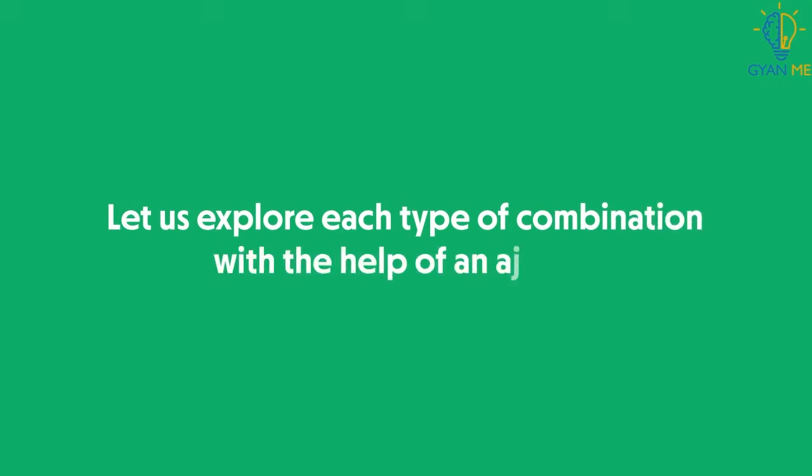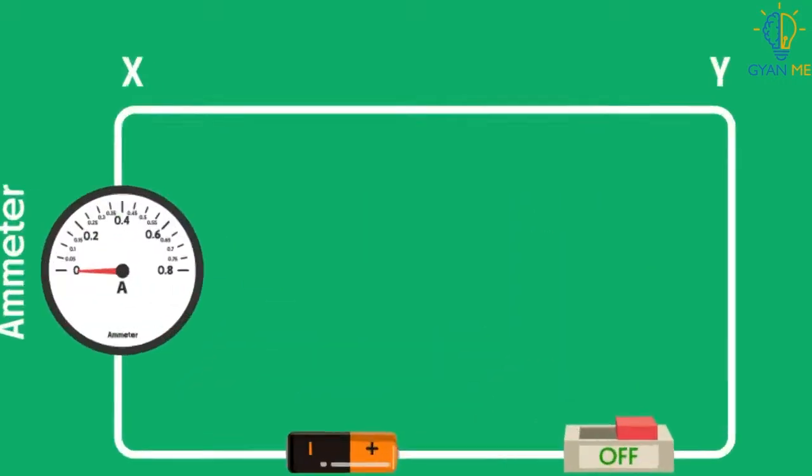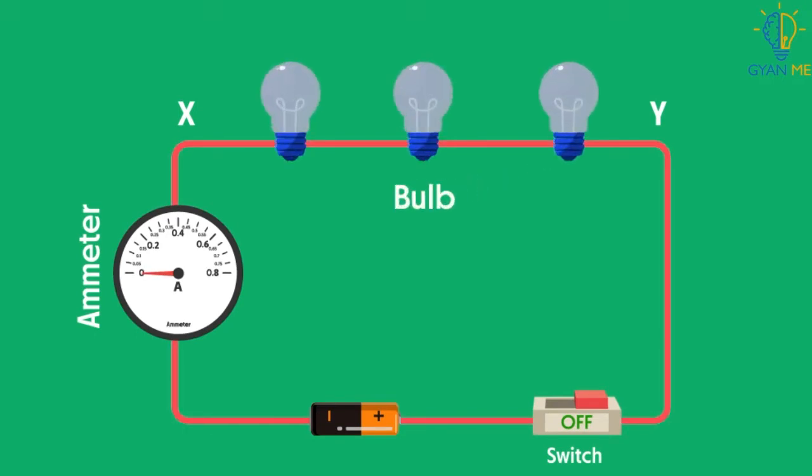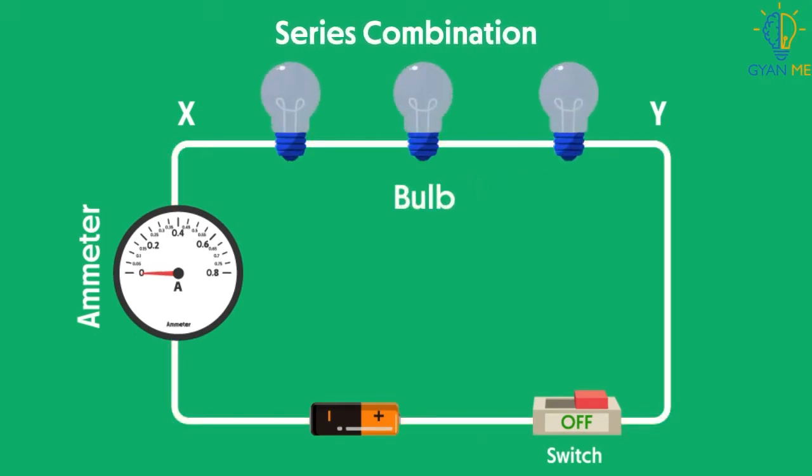Let us explore each type of combination with the help of an activity. Look at this circuit carefully. In this circuit, three bulbs are connected in line, end to end, in a series combination. When connected in series, a single charge coming passes through every light bulb as they are connected end to end. If we talk about the whole current passing in the circuit, we can say that the same current will pass through